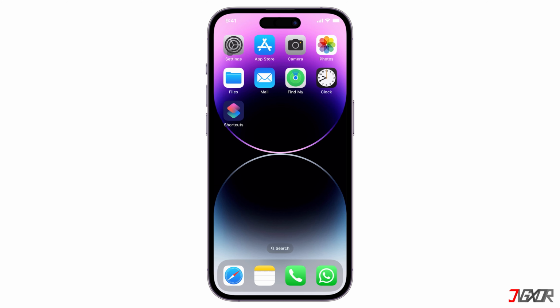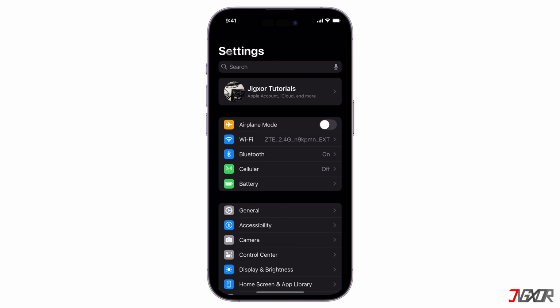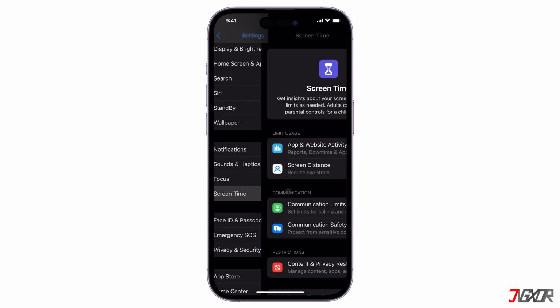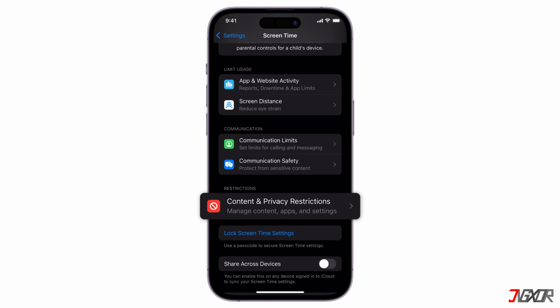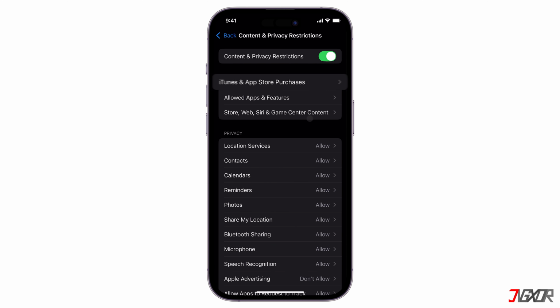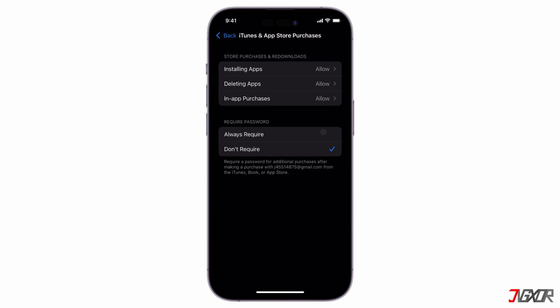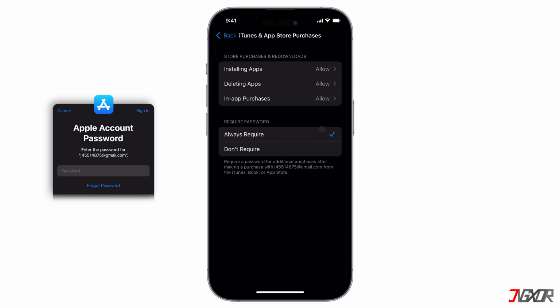The very first thing to do is to open Settings on iPhone. Scroll down to find the Screen Time option. Then go to Content and Privacy Restrictions. Choose iTunes and App Store purchases. And set the password to Always Require. This will prompt you to enter an Apple ID password whenever you want to install apps, effectively disabling double-click to